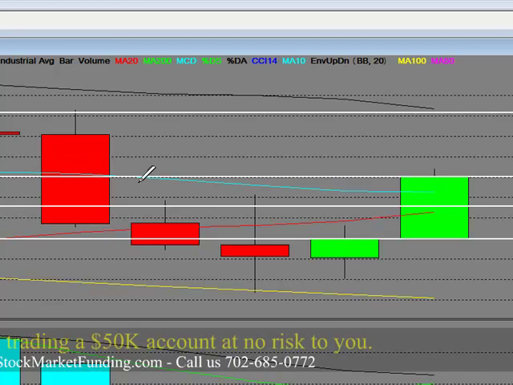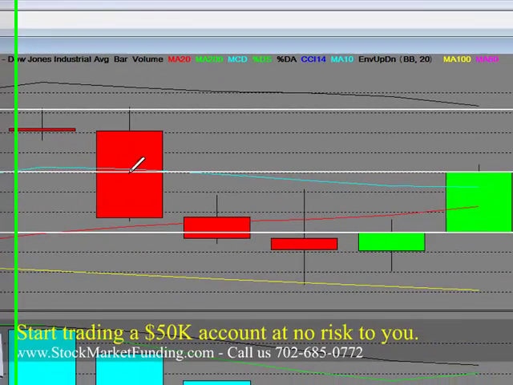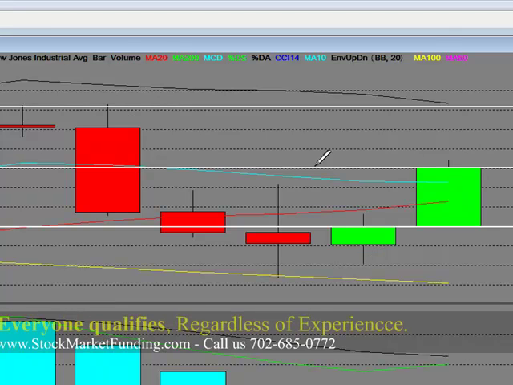That's resistance. Until we close above this bar right here, half of that bar, meaning that 10,400 on the Dow would have to be support, and it would have to consolidate above 10.4. That's what it has to do in order to take out the previous reversal tops. And until that day, it will remain in a trading range in a tight band. And basically,